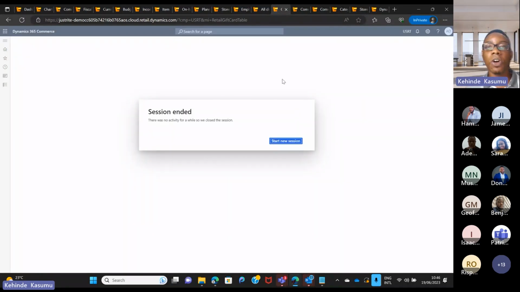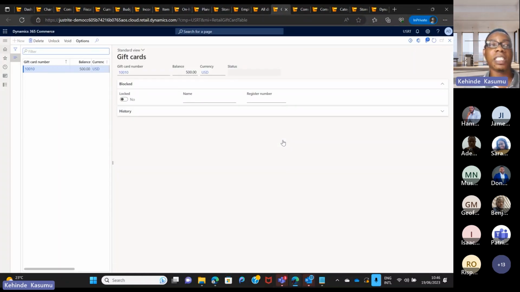All right. Moving on, we also have another functionality which I will show you from the point of sale application, which is the ability to issue gift cards as well as loyalty. You can create loyalty programs where your customers partake in some activities, like buying some quantity of products over time. It could be one product, it could be multiple products. They can partake in that activity and earn points, and over time those points can be redeemed and used to pay for transactions and so on.